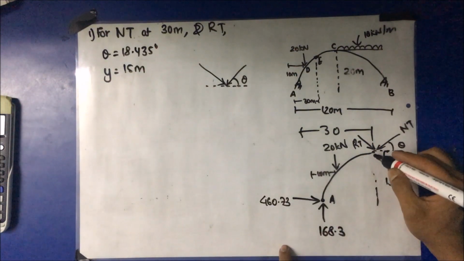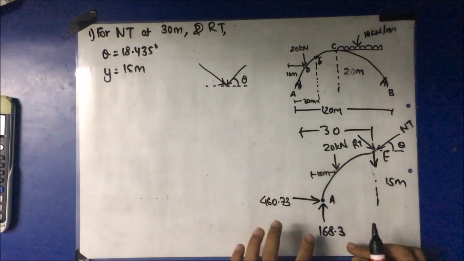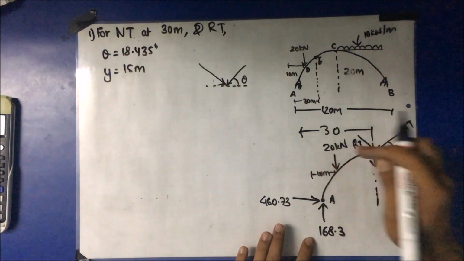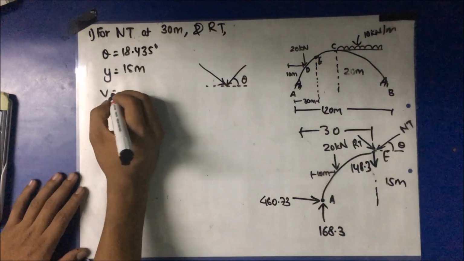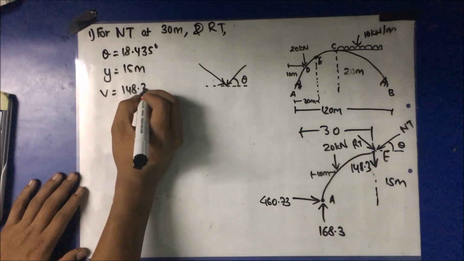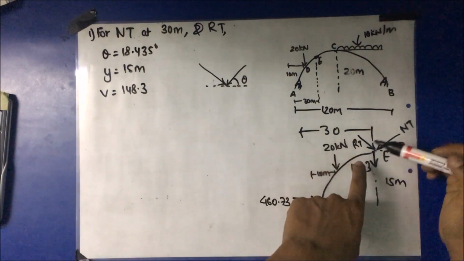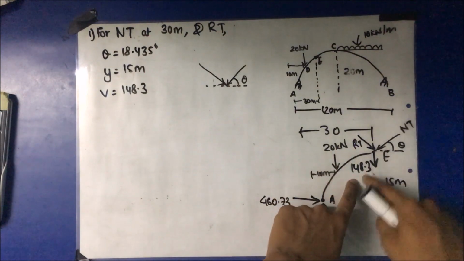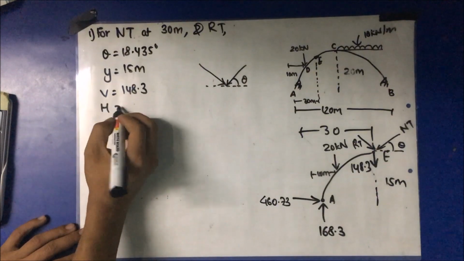So to balance this, an extra force has to act in the downward direction, which is equal to 168.3 minus 20, that is 148.3. V is equal to 148.3 downward, so we take it positive because radial thrust is also acting downward and this also acting downward, so it is taken as positive. Horizontal, that is H,